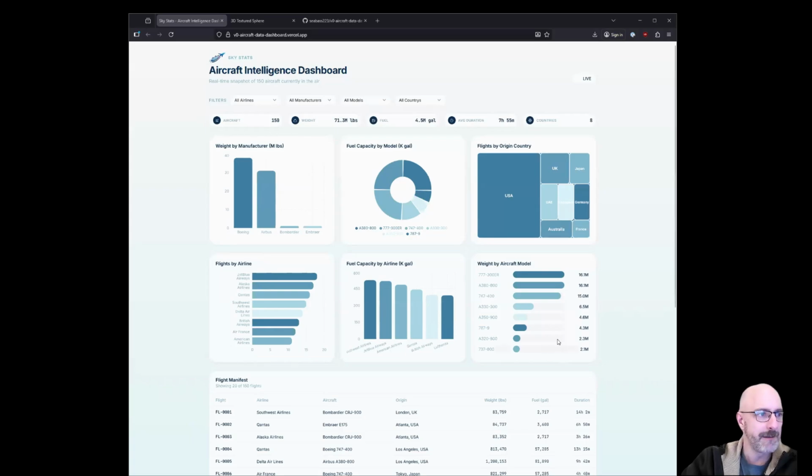There we go. I came up with this, Sky Stats. I've always been fascinated with commercial flight. It just amazes me that something that heavy can fly in the air. I live under a flight path and I just watch them, and it's amazing. It's this mix of crazy amounts of software and hardware that keeps these things in the air. If I could start over with a different job, I'd probably try to be a pilot. That'd be cool, but a little late now.